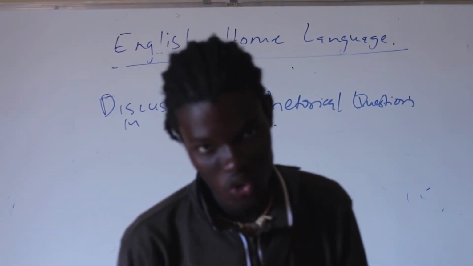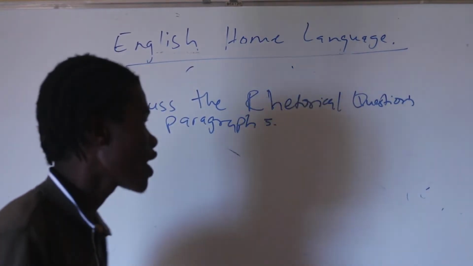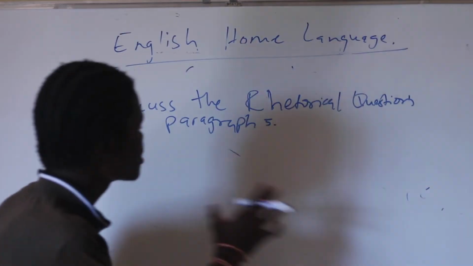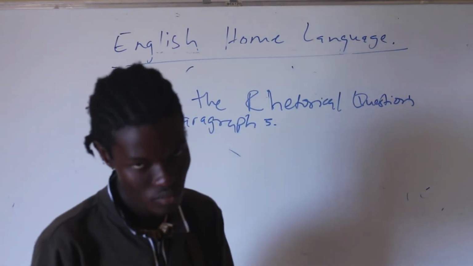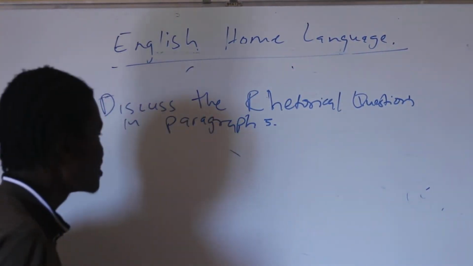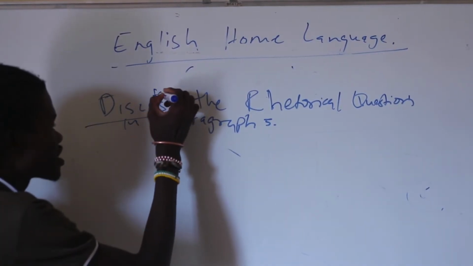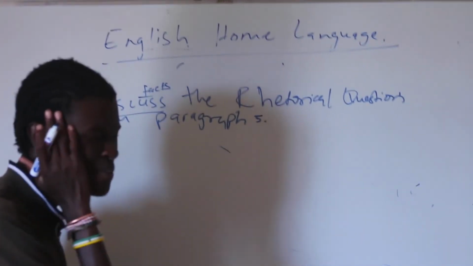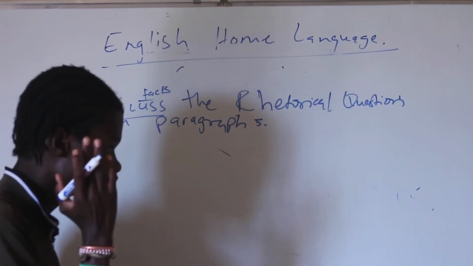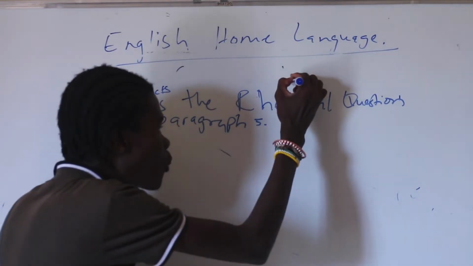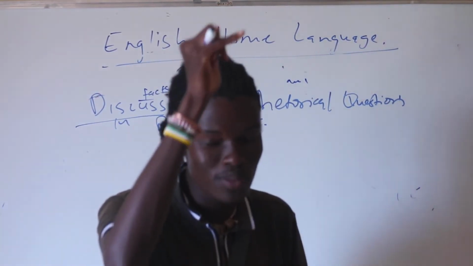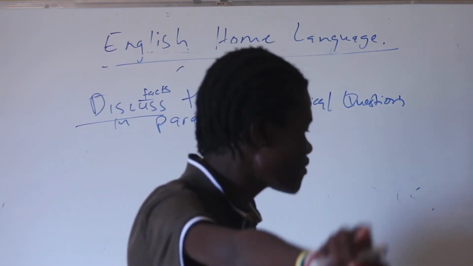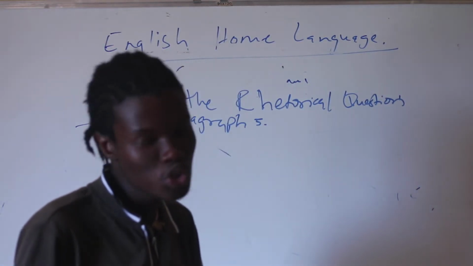Alright guys, now just to wrap it all up, right? If they say to you, for example, I'm just going to try and make this practical: discuss the rhetorical question in paragraph 5. What has to happen now is that they say discuss, give facts. Which effects do you know about the rhetorical question? It's what I told you. So immediately when they say give facts about the rhetorical question or any component of the technical question, it could be a punctuation mark, it could be a rhetorical question, single line, paragraph, it could be whatever. It could be anything, conclusion or whatsoever.